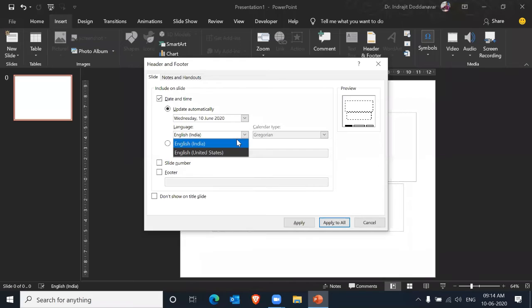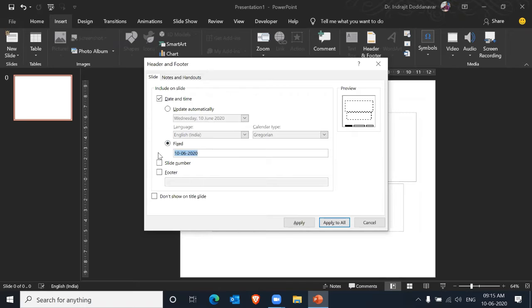So I choose the second format, which has the day, date, month and the year. Also, you can select which language you want, because as you see in the United States, basically they put the month first, day second and the year last. But in India, we put day, month and year. You should select whichever is appropriate for you. Next, as I said, you can either apply the updated version of the date, or you can put a fixed date.